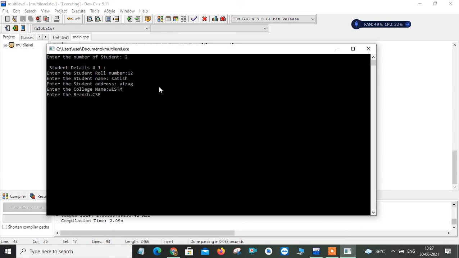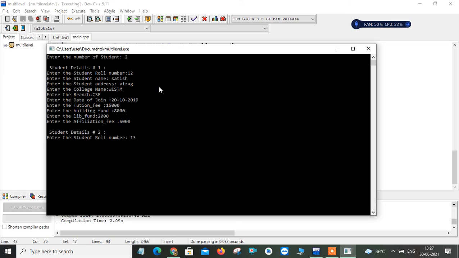And branch CSE. Date of join 20/10/2019. And tuition fee I'll give as 15,000, and building fund is 8,000. Library fund is 2,000. Affiliation fees is 5,000. See, now it asks for the same things for the second student.